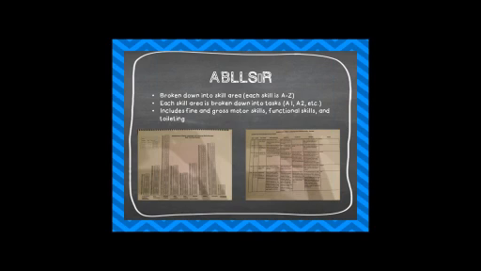Example, raise your hand if you came to school on a bus. And so if they went on a bus, they would raise their hand then, and that would show that they are able to do that. Raise your hand if you want a chocolate chip cookie. So it's basically a yes or no response that you're trying to get there. And it spells that out for you exactly in the examples, which I think is so great. If this is your first experience with using a program like this, you're going to need those examples. And then you can move into maybe using the VB-MAPP where there aren't as many examples that are spelled out.